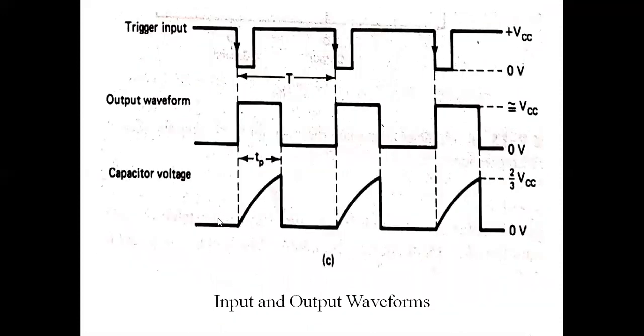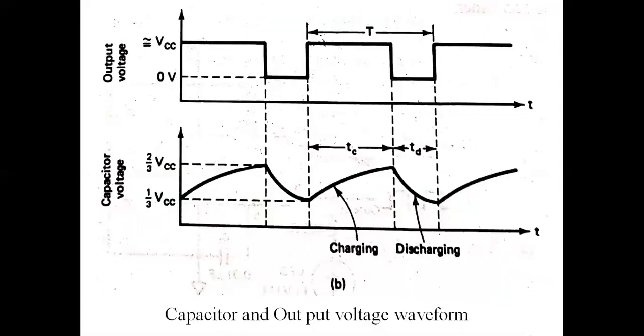Okay, and that is how the monostable multivibrator will work. Astable multivibrator, that means this astable multivibrator is going to work. When the voltage across the capacitor is equal to 1/3 VCC, the comparator 2's output triggers the flip-flop. That will trigger the flip-flop